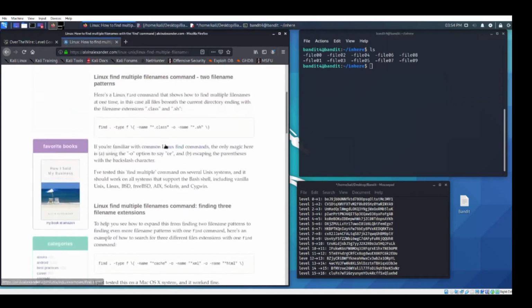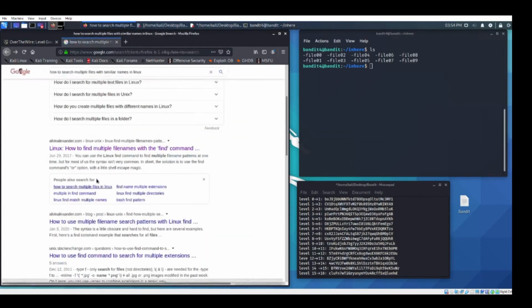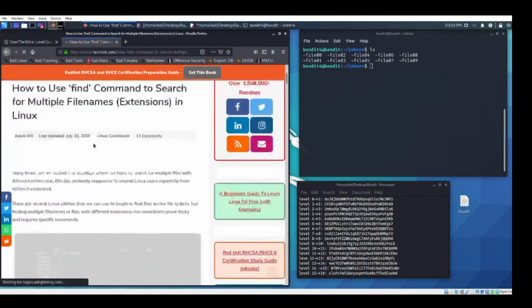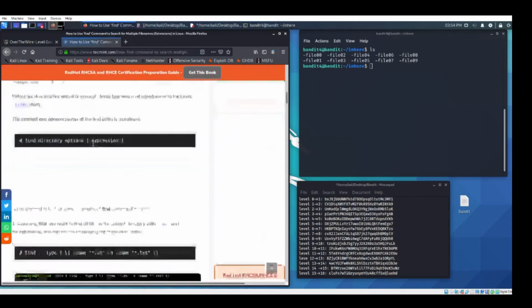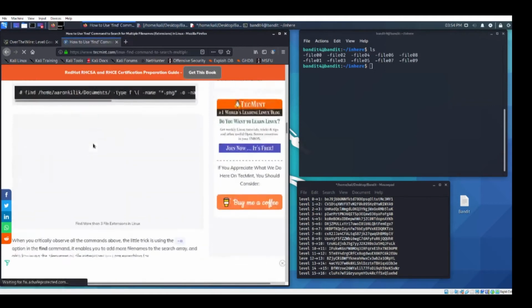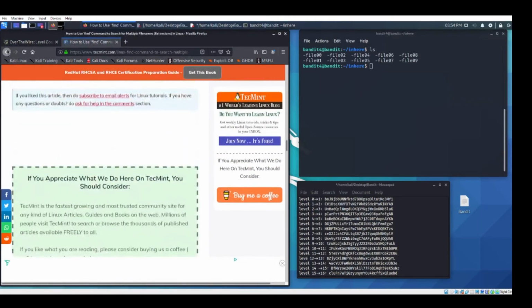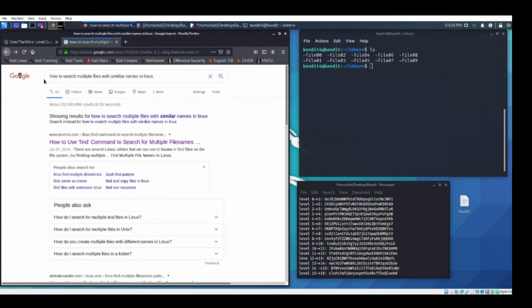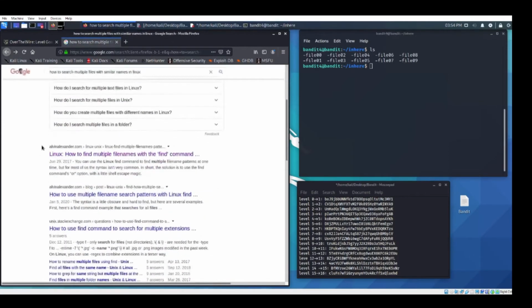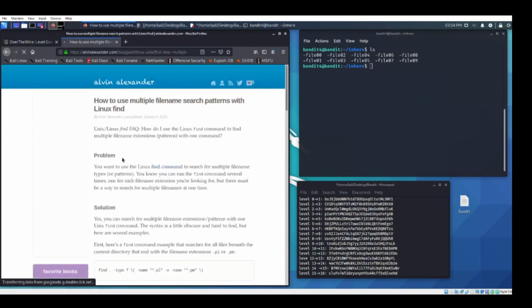All right, so let's see. This shows multiple file names at one time, so that's not what we're looking for. For multiple file names, let's see. This is the same thing. Not what we're looking for. Is there any way we could change? Oh, maybe I spelled similar wrong. Okay. Let's